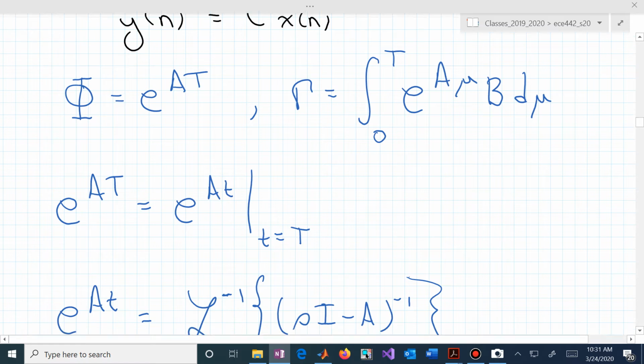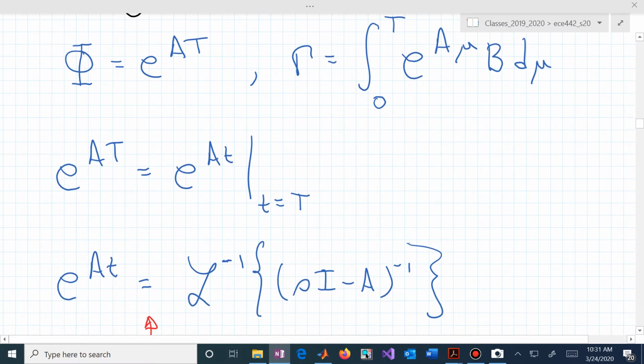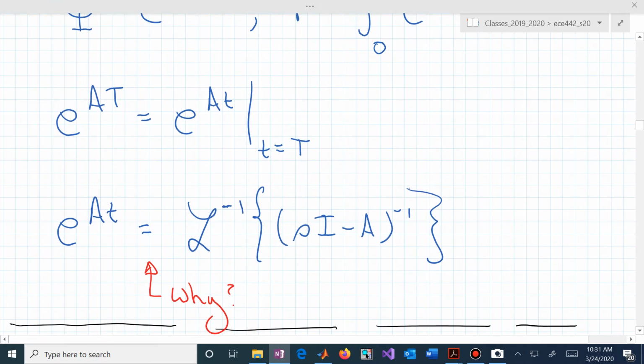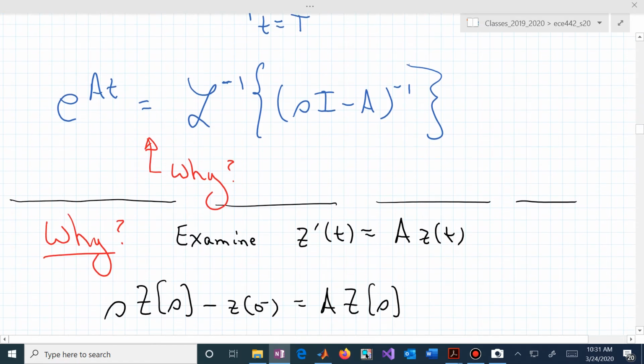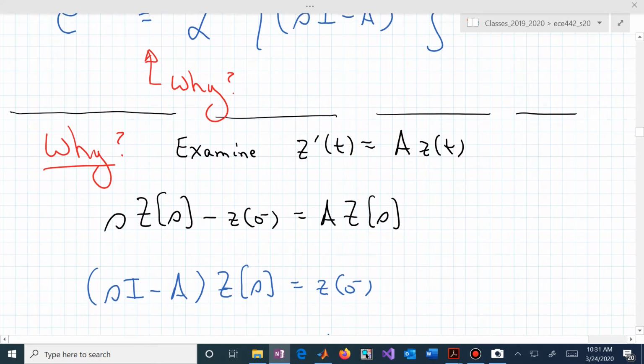e to the a capital T is found from e to the a little t by replacing little t with capital T. And to find an expression for this matrix exponential e to the a little t, you can actually do that by inverse Laplace transforming this matrix sI minus A inverse. Why is that? Well, suppose that we had a homogeneous dynamical system. We don't have a forcing function, but it illustrates how we can find that